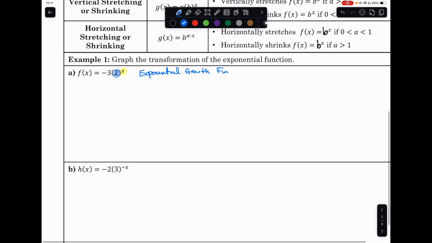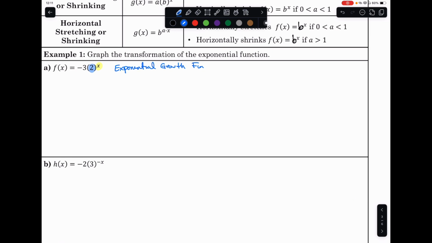Let me zoom out a little bit and let me draw it over here. F of x is equal to positive 3 times 2 to the x power will look like this. We will cross the y-axis at 0, 3, and the graph will simply just move upwards by a factor of 2. So every time we increase by one x value, the y value is going to be 2 times as big. So this point right there would be at 1, 6,